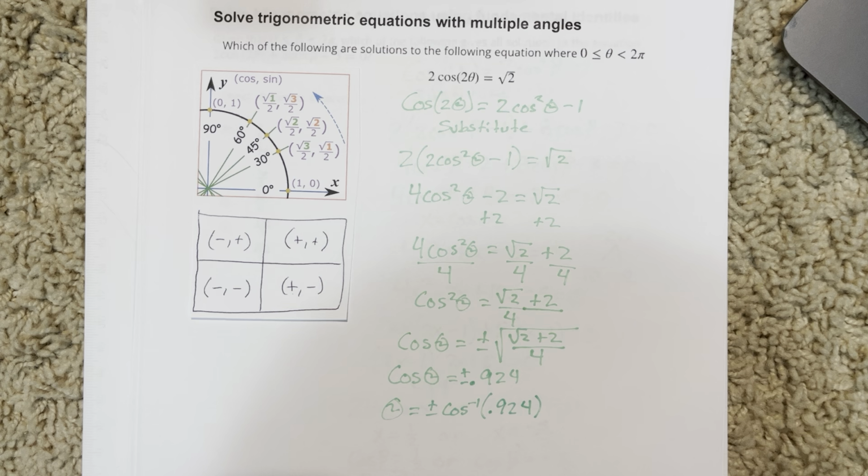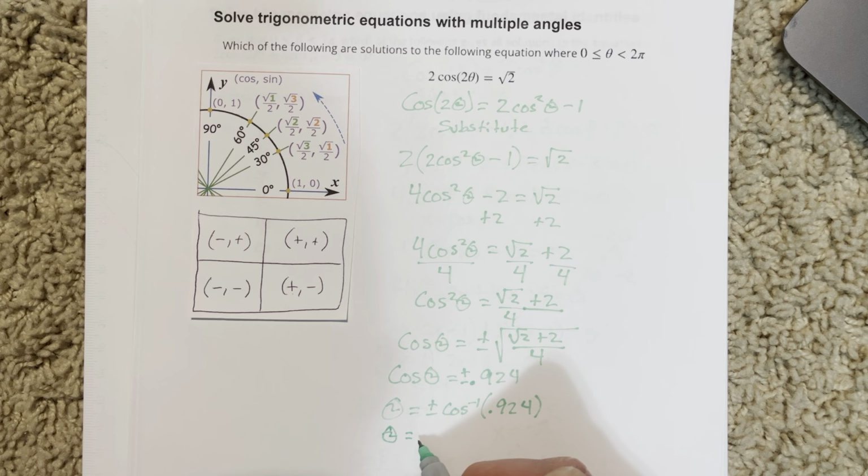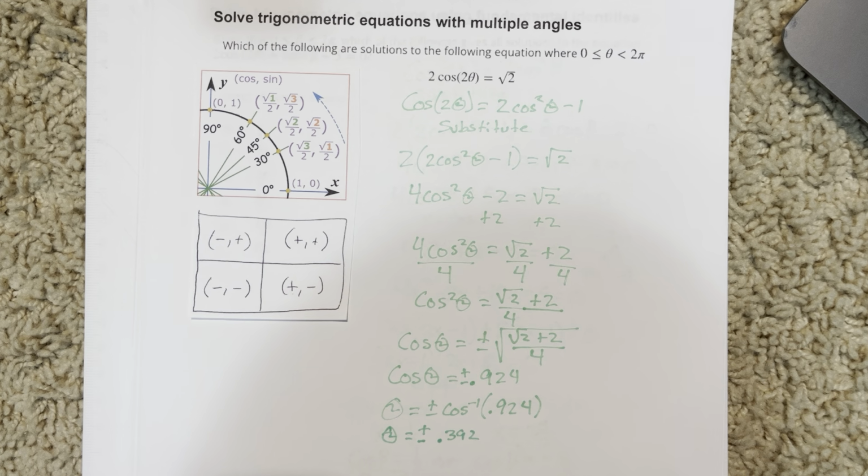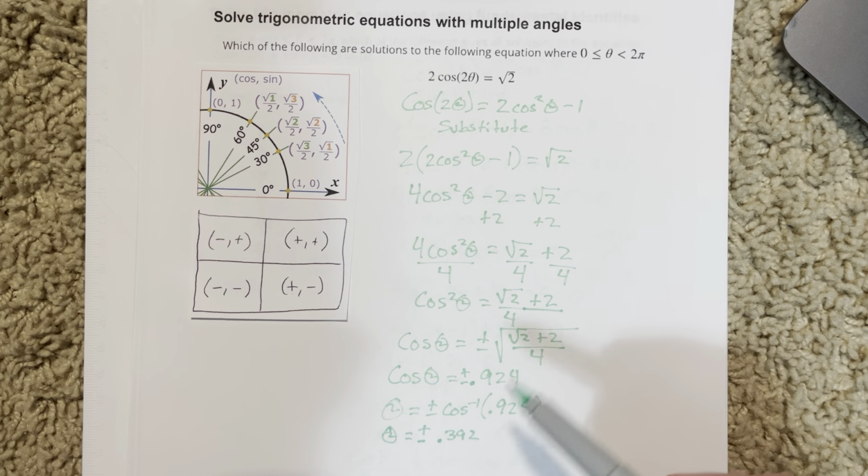So let's go ahead and put that in the calculator, cos⁻¹ of 0.924, and I get 0.392. So I'm going to say θ is equal to plus and minus 0.392. Now here's the thing. We've got to watch out with this θ = ±0.392, because we know that 0.392 is going to be quadrant 1. But the plus and minus is basically telling us that we have 4 quadrants worth of solutions here. So what we want to do is add and subtract 0.392